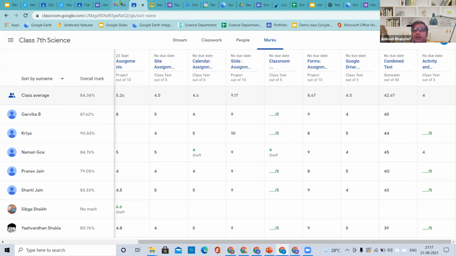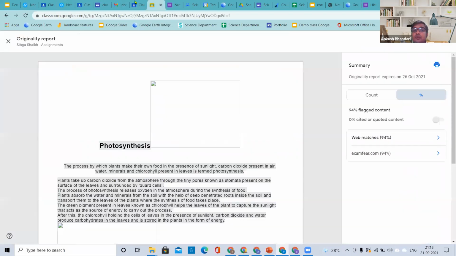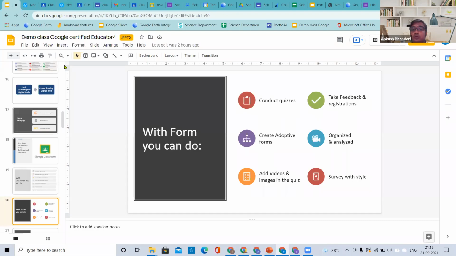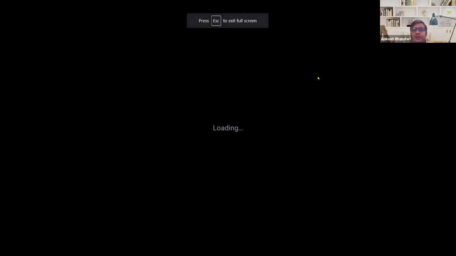So this is about classroom, and this classroom has been prepared by using nearly 8 to 9 tools. So it is not only one tool that we are using in Google Classroom. So you need to know the integration of different tools. You need to know the features of different tools, and you need to know the different sharing rights of different tools to create such kind of classroom, but it is not very difficult to learn. It is manageable. And you'll be learning Google Form. I think we have already gone through the Google Form over there in the presentation.